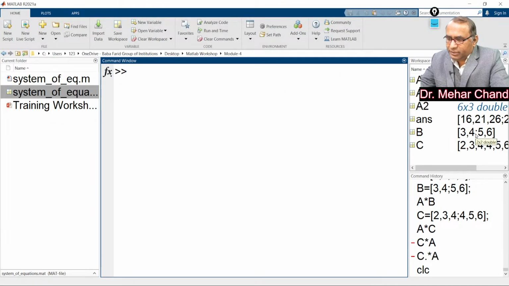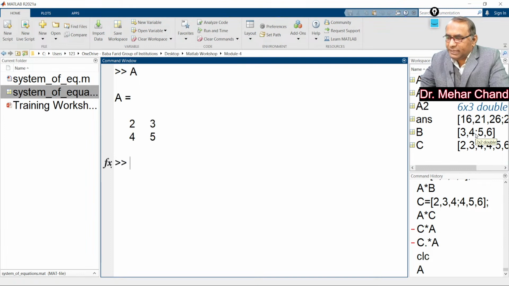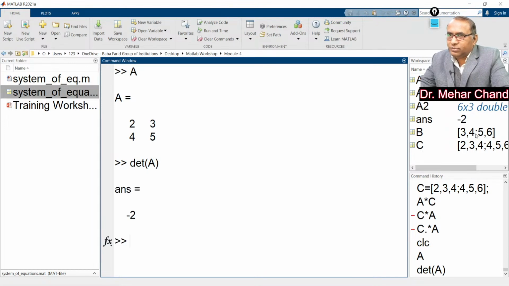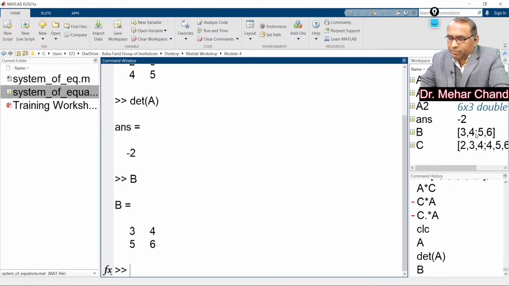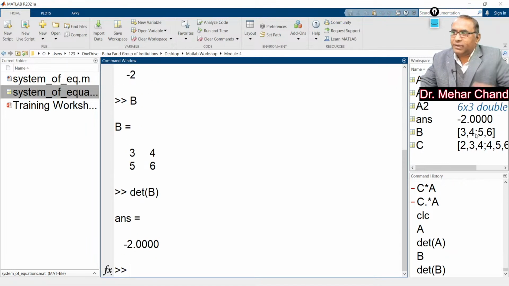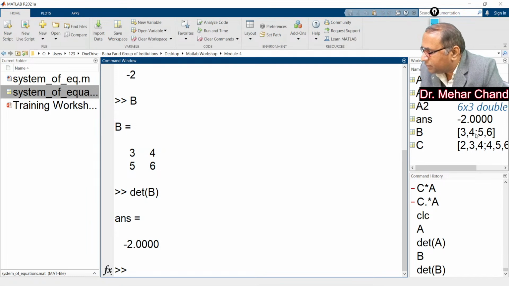We have A is equal to this matrix A, and the determinant of A we have is minus 2. And B is equal to this matrix, and the determinant of B we have is this one, minus 2. So the determinant will return us